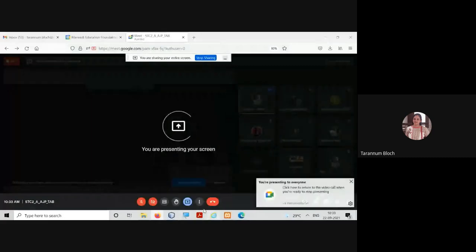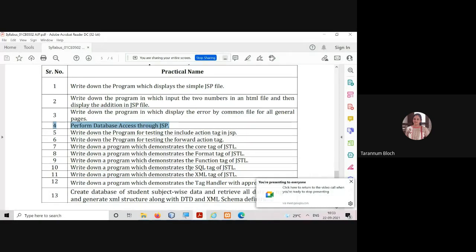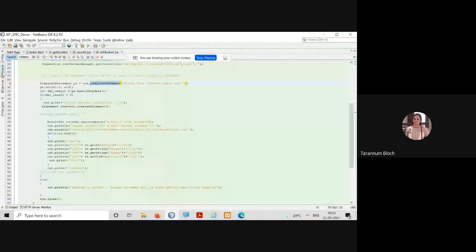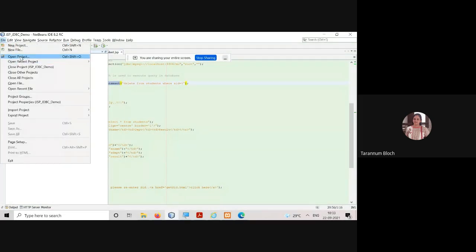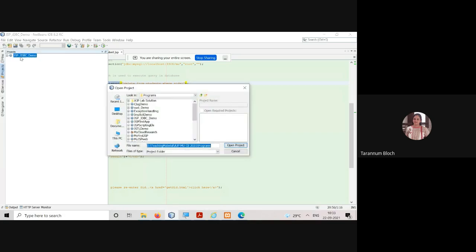Now I'm discussing one point which is very much important. That is about, I guess, Servlet JDBC connectivity, we are done or leftover. Same things you can do in the Servlet, and when you are doing the same thing in the Servlet, the entire code remains the same, but instead of JSP, we are going to write it inside the service method of your Servlet. So we'll make a delete Servlet, and a view all Servlet, and then we can take our code over there.